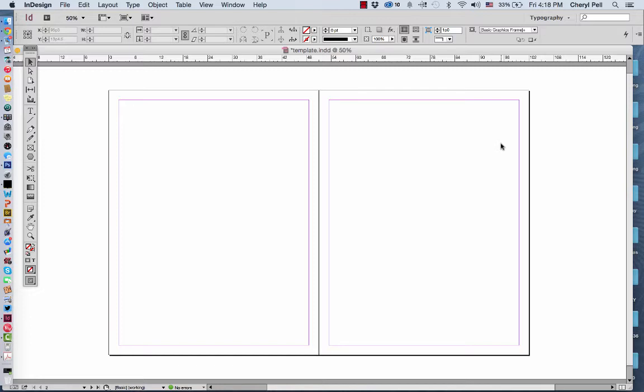And so open that up, and when you open that up, you'll see something that looks just like what you see on the screen right now, which is a 2-page spread. You can tell it's 2 pages. They're 8.5 by 11. And then right down here is the gutter, and that would be in a magazine where the fold is. And so you have to be careful when you're designing for a magazine that you design each